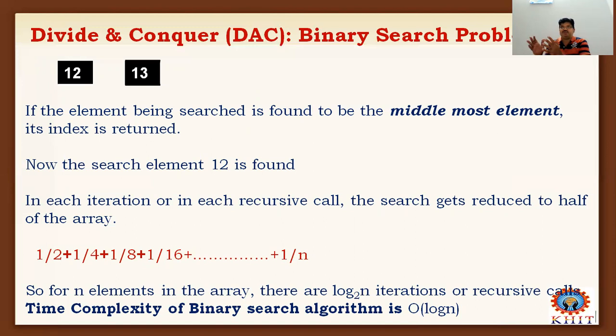Once the given array is divided into two parts, the formula is: the given array size is n. In iteration 1, the array size goes to n by 2, next n by 4, n by 8. Suppose the given array is 1. First we divide the array into two parts, 1 by 2. Again divide into two parts, 1 by 2 by 2, 1 by 4. And again divide, 1 by 4 by 2, 1 by 8, 1 by 16, 1 by 32, 1 by 64, and so on, 1 by n. So this is the formula.